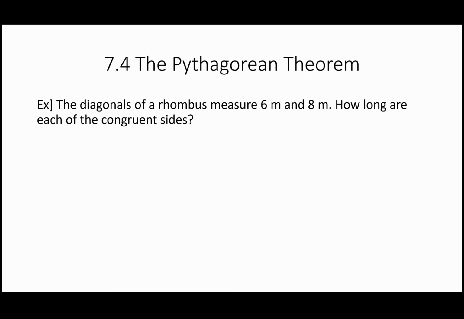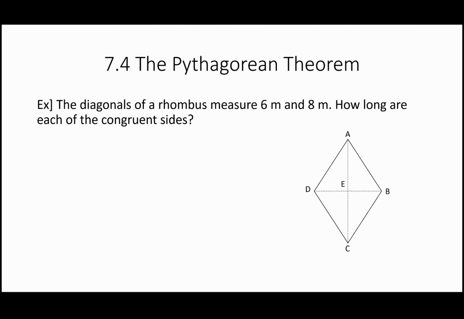Now, if you recall from Chapter 6, when we were in quadrilateral land, we talked about the diagonals of a rhombus being perpendicular bisectors of one another. That's a theorem that's going to really help us in determining the length of the congruent sides. And by congruent sides, I mean the outer edges of the rhombus. We're going to figure that out together, remembering that for a rhombus, and here's a rhombus,